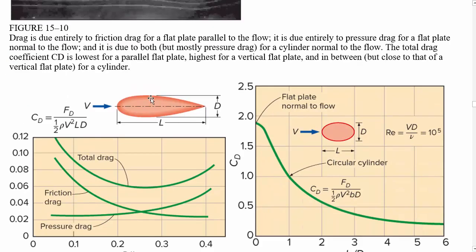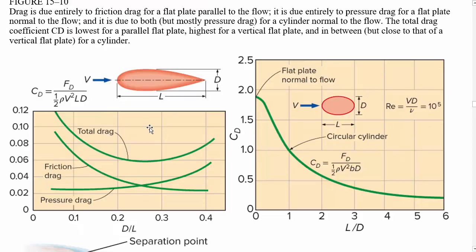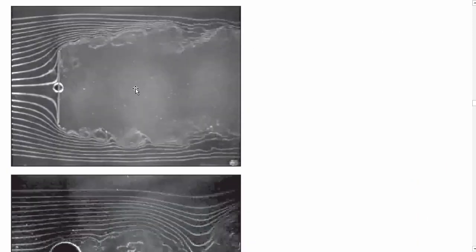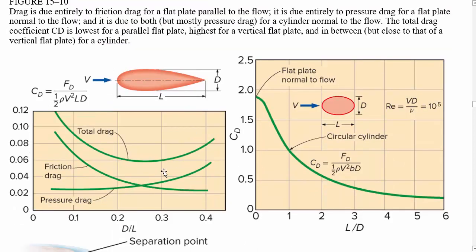Okay. Here we have a streamlined body, and we're going to be looking at how the ratio of d, the diameter across this, or the width of this thing, to the length of it compares. So how long do you want to make it compared to the width? If you make it too long, so you have a really low d over L, then the pressure drag isn't reducing anymore, and you're just increasing the friction drag by making it longer. On the other hand, if you don't make it long enough, then you get this flat plate effect, which is increasing the drag too. So the optimal streamlined shape, in terms of a drag coefficient defined as F_D over half rho V squared times L D,